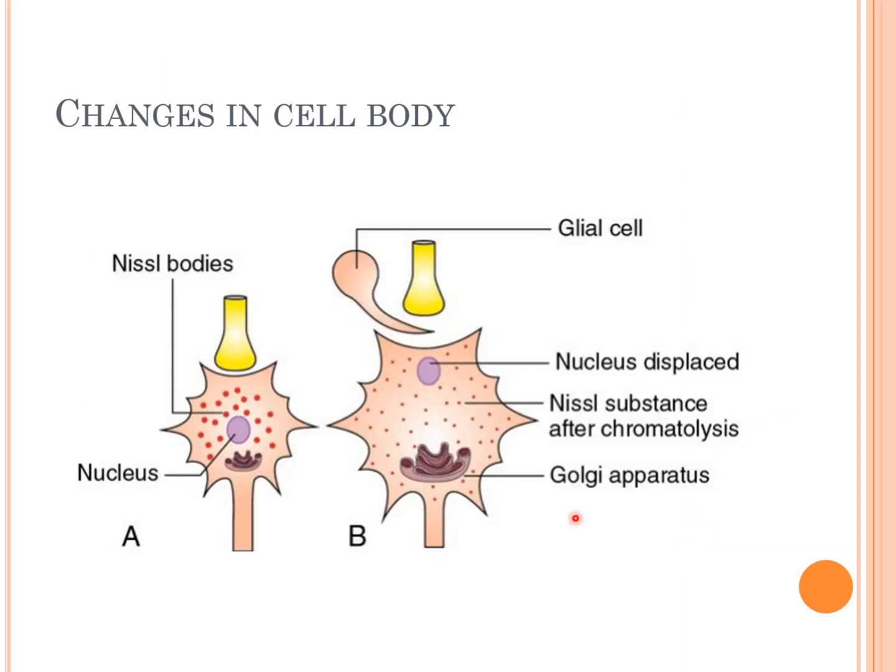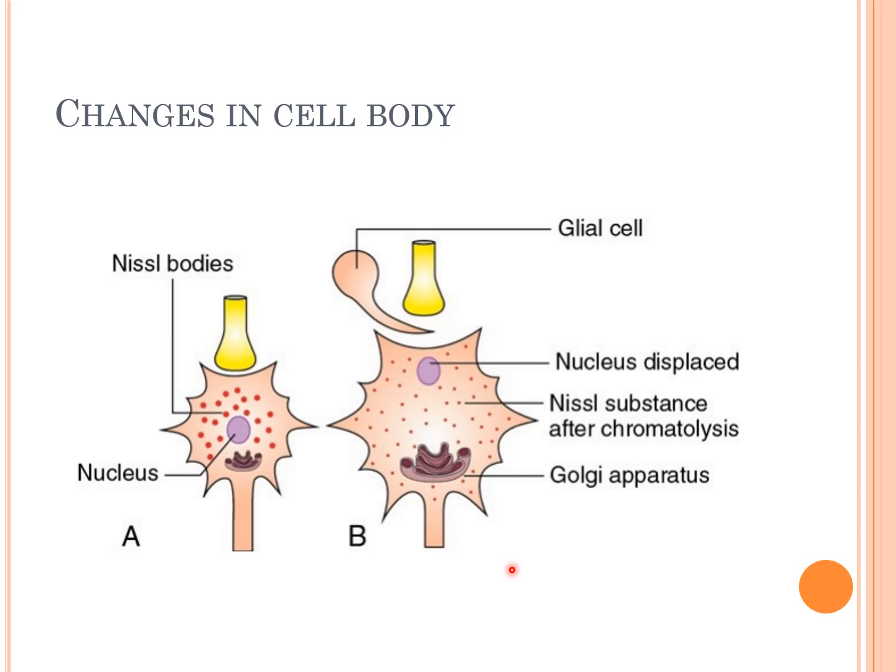Here we can see a picture which is showing, as I told you, proximal to the site of injury till the first node of Ranvier, the same changes which occur in the Wallerian degeneration will also occur. What are all the changes we saw in the Wallerian degeneration? So the axis cylinder, what will happen? It will swell and it will be broken down into fragments which will form debris, and the myelin sheath will